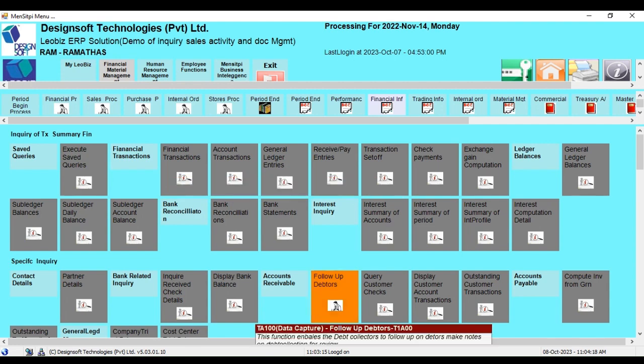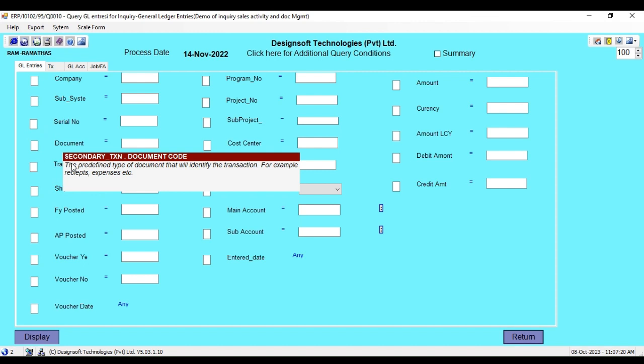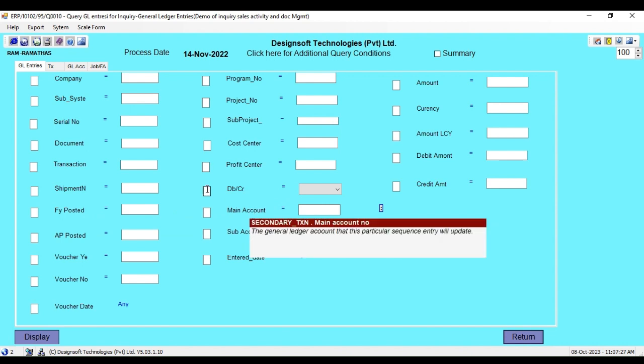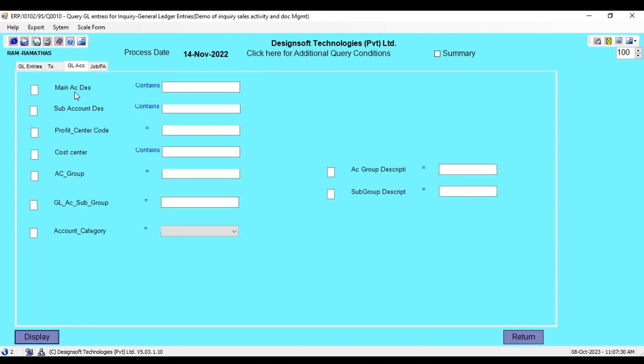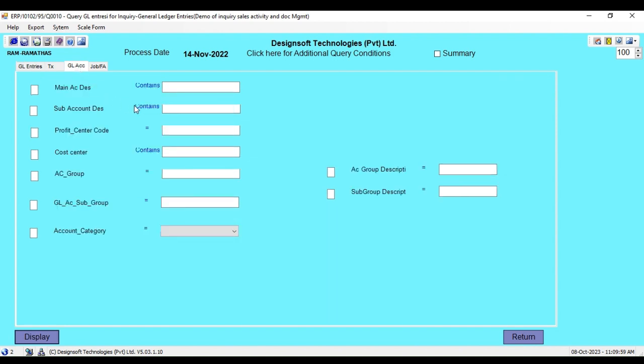The query screen displays data attributes of the main register, GL entries in this case, and its related register attributes the developer has chosen. In a simple query, one could specify the attribute values that a specific attribute should satisfy to be selected. One could choose relationship data attributes that should be satisfied for the register entry to be selected.